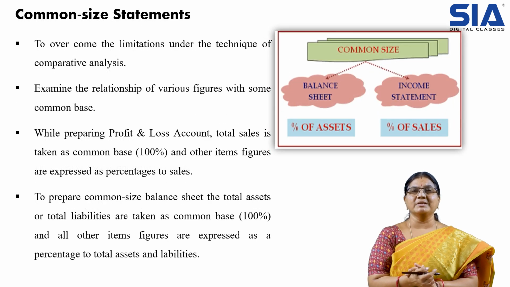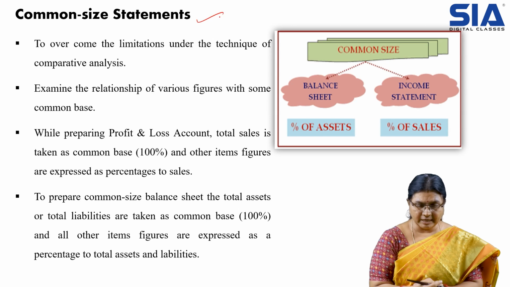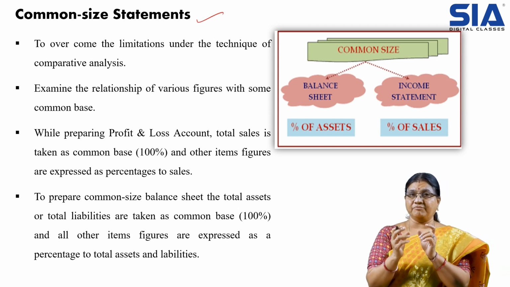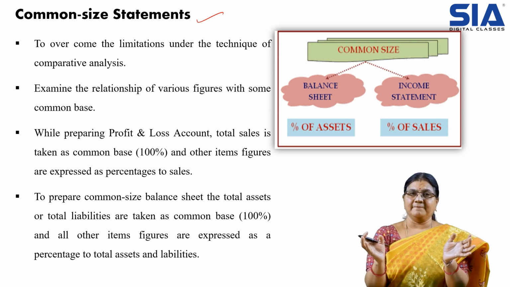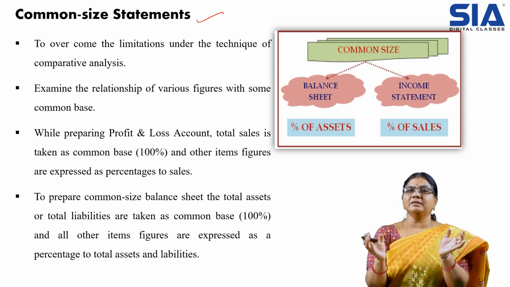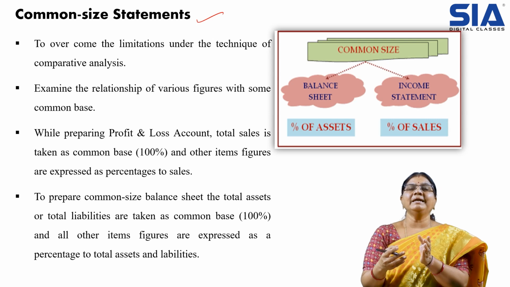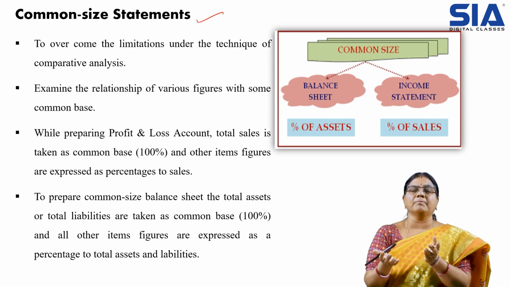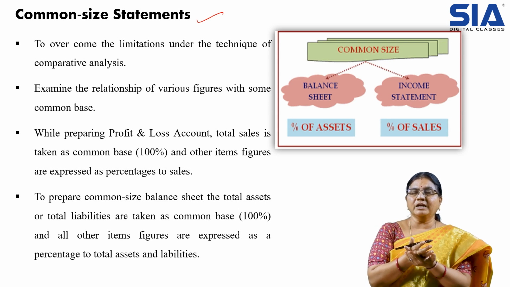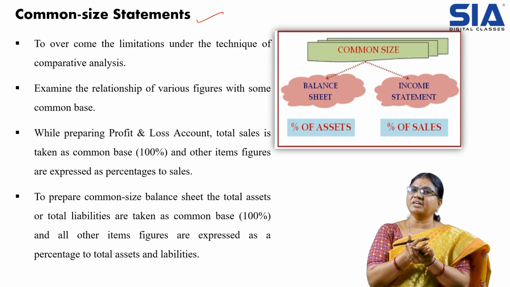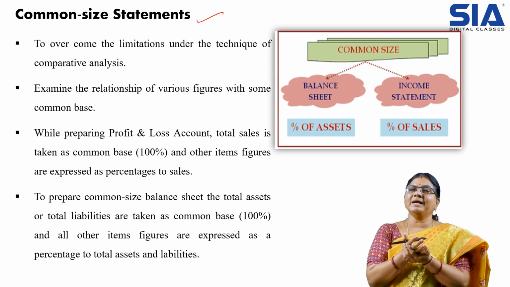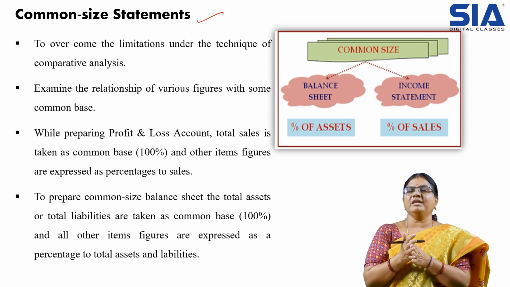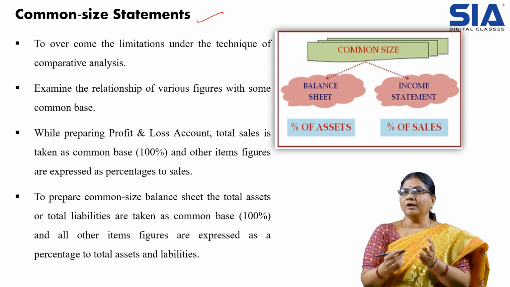Then the next one is common size statements. In common size statements, we try to put the figures in the statements into a common size. We cannot compare the statements unless we have a long period, which should cover 10 years minimum, so that the comparison becomes easy and also simple. The figures of huge organizations will be very large, so we cannot understand them easily.